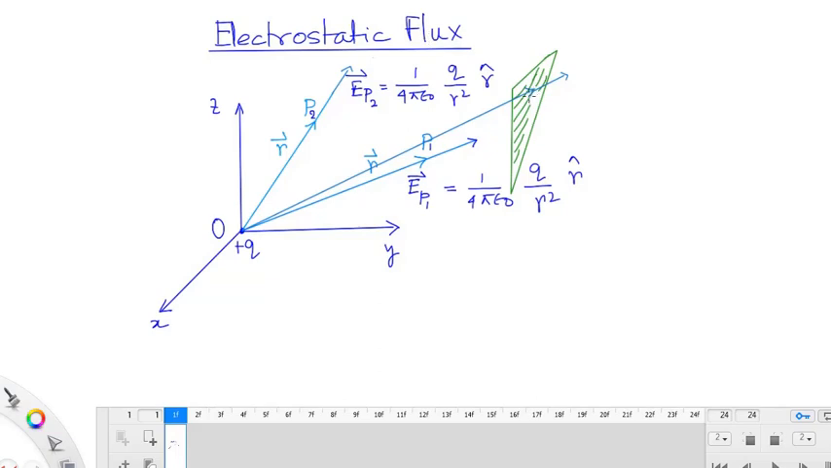And suppose this point on this surface is P2, so the electric field at P2 will be greater than the electric field at P1. I am talking of the magnitude. And suppose this point on the surface is P3, so the E at P3 vector will definitely be 1 by 4 pi epsilon 0 q by r squared times r cap. But as far as the magnitude is concerned,